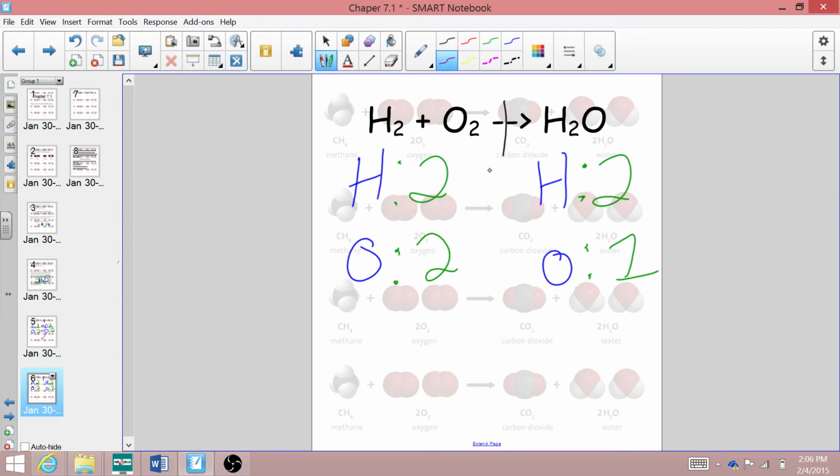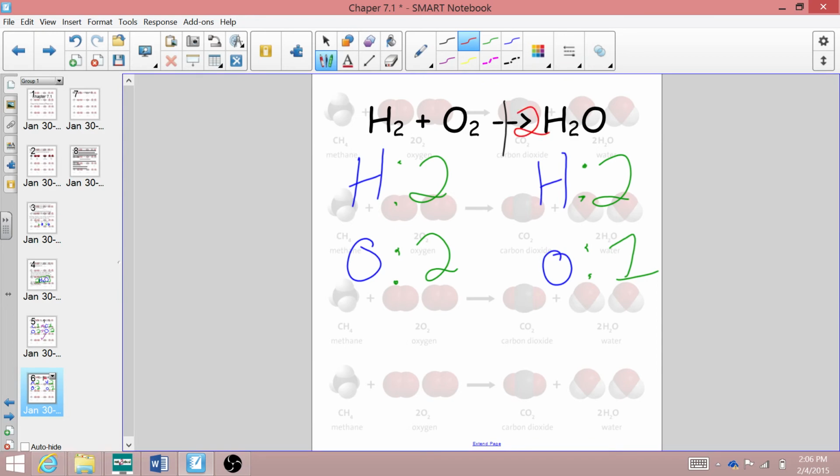So while hydrogen might be equal, oxygen is not equal, which means we have some work to do to balance these out. The first thing you want to do is do the most basic thing you can think of to try and balance the unbalanced portions. Oxygen has 2 on the reactant side and 1 on the product side. So the easiest way to change that and make them equal is to put a coefficient in front of H2O in order to make the number of oxygens on this side match this side. If I want the number of oxygens on this side to match this side, which is 2, my coefficient